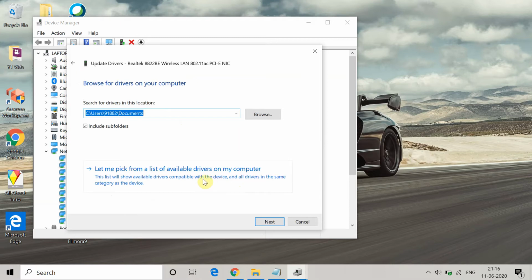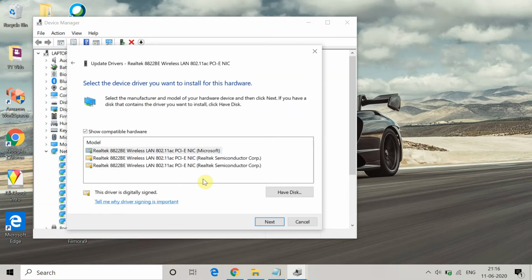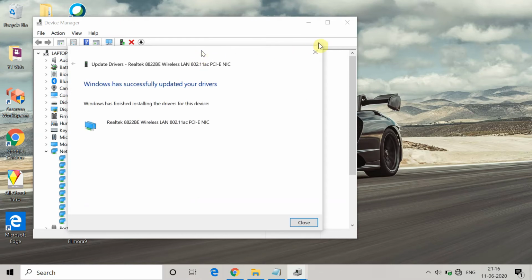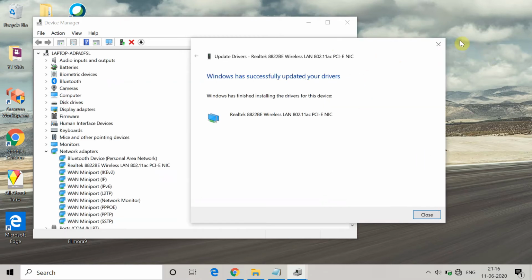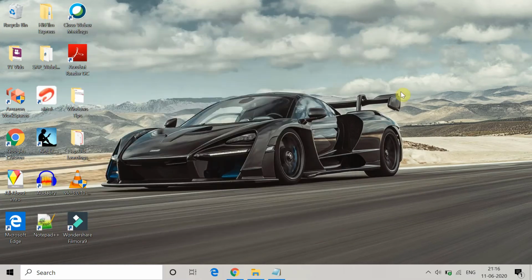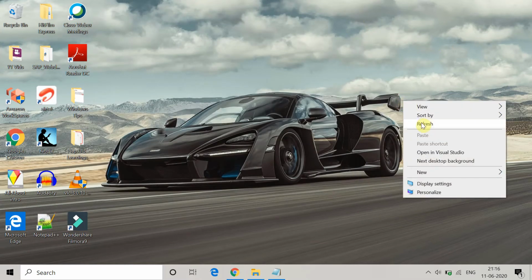Here click on Let me pick from a list, then choose your driver name and press Next. It will automatically install the latest driver in your system, and you will get a message like this. Close this screen, close Device Manager, and restart your system and check if you are getting the Wi-Fi tab or not.